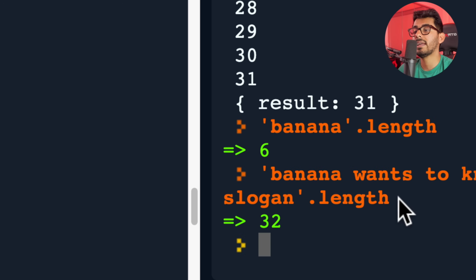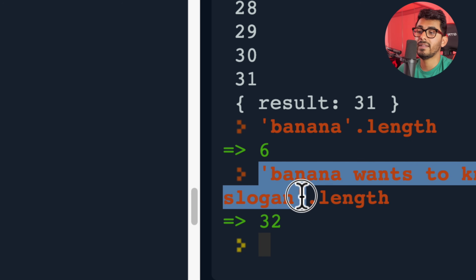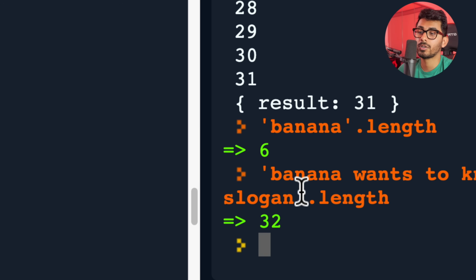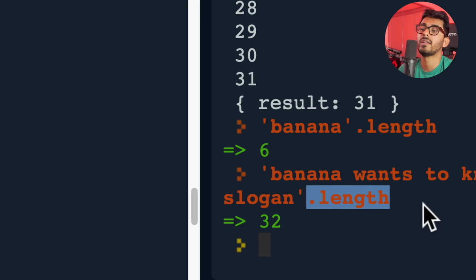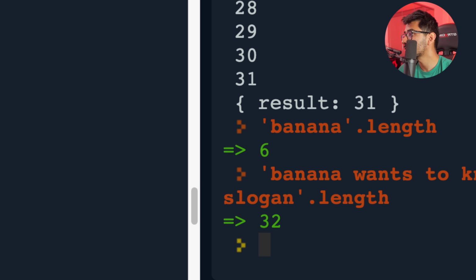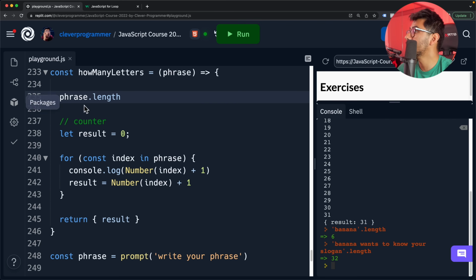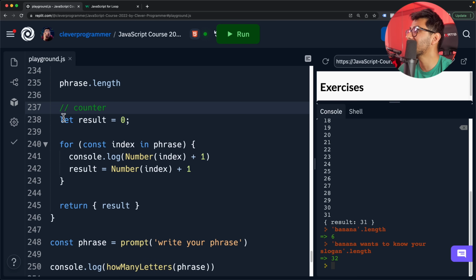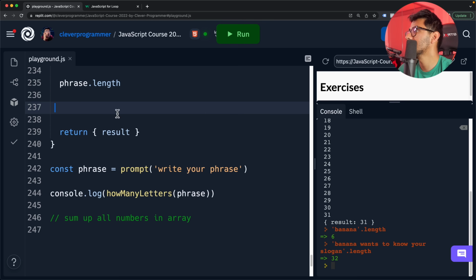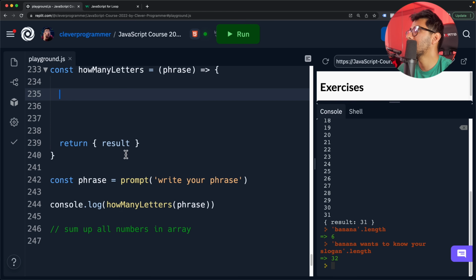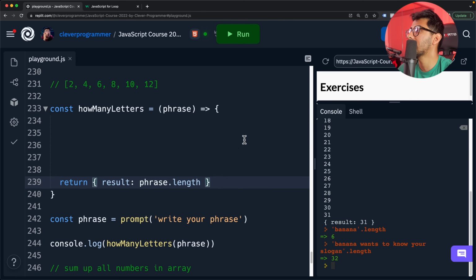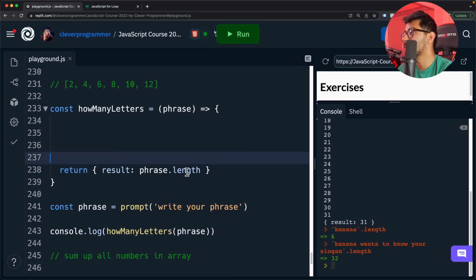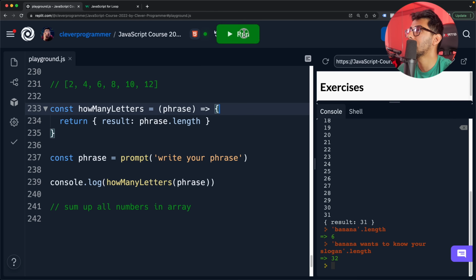So dot length is a property on anything that's of type string. Anything that's a string, you can call dot length on it. Okay. And that returns the final answer. So let me zoom out here, which means I could actually remove my entire code, right? And basically just say the result is phrase dot length. Change this whole thing with one line of code, hit run,